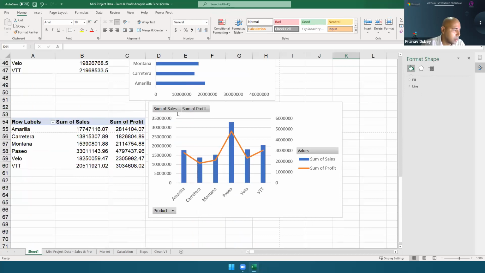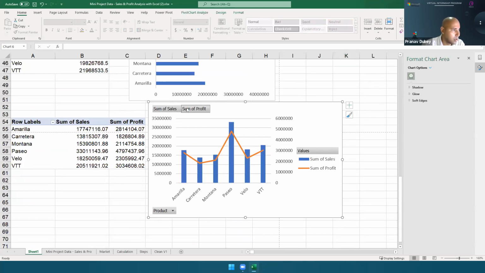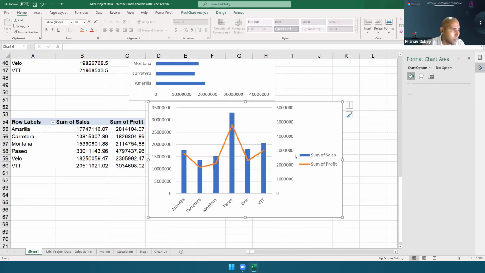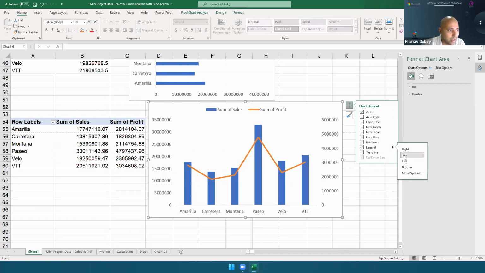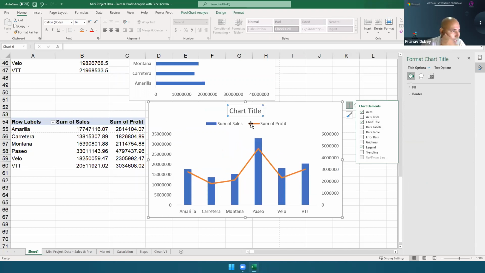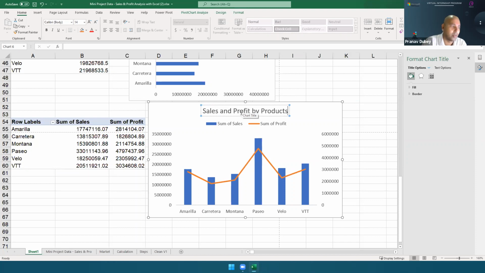For the last one, sales and profit by product. But here there are two numbers, so I will give the legend, and this time I will give the legend at the top, and we'll give a chart title, and we'll write sales and profit by products.